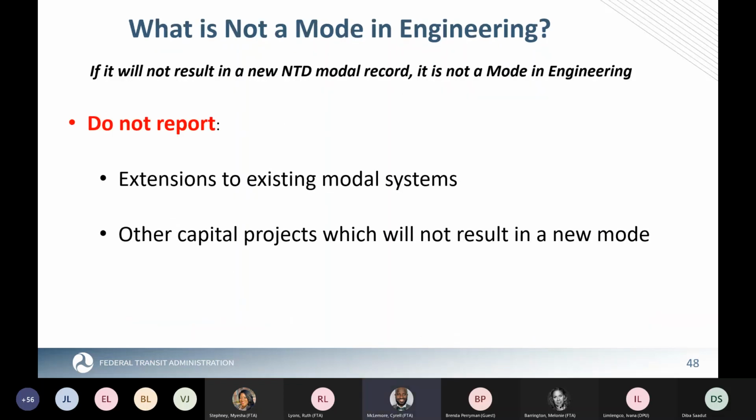Now, for clarity, we also want to cover what SSOAs should not report as a mode in engineering. Modes in engineering do not include other capital projects that are not creating a new mode of transit service in the National Transit Database. This means that you would not report a mode in engineering if an RTA is building an extension to an existing rail line, or other capital projects like rehabilitation projects, equipment replacement, or any other project that will not add a new mode